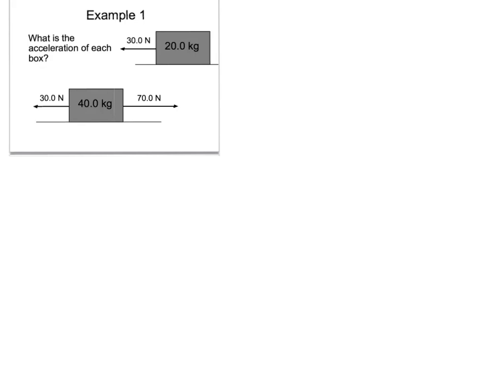And let me tell you how you would know that, other than it being written on a page or in a PowerPoint about Newton's second law. If a problem asks you about acceleration and gives you forces, so notice here, this is a Newton, so it's a force, Newton's force, Newton's force. If a problem has acceleration and forces in it, it's going to be a Newton's second law problem. And that's a key test-taking strategy. If you see accelerations and forces together, your mind needs to go Newton's second law, F net